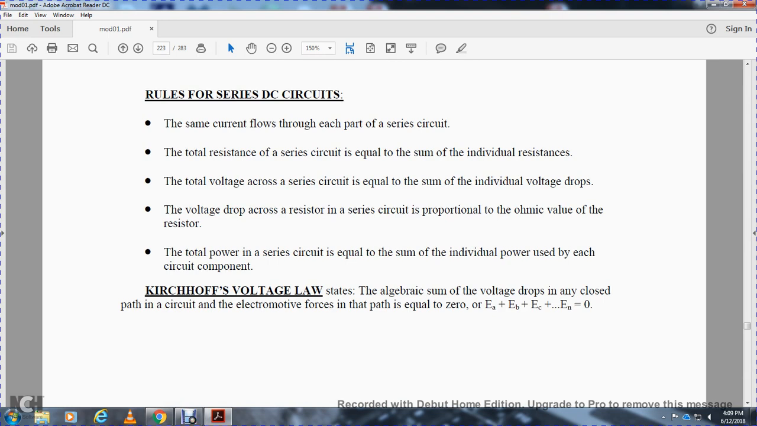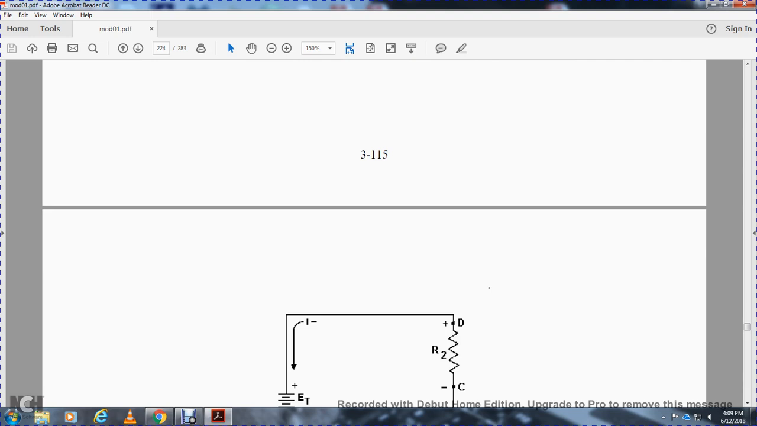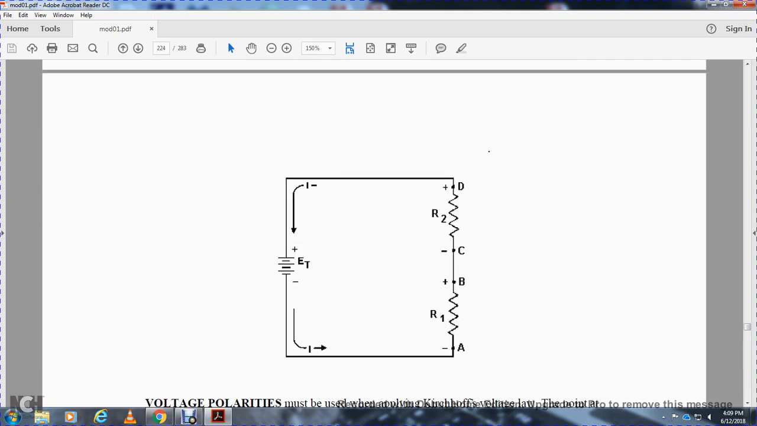Kirchhoff's voltage law states that the algebraic sum of the voltage drops around an enclosed path of the circuit, or electromotive force of the path, is zero: voltage E, voltage B, voltage C, or whatever letter, all added, equals zero. Shows the